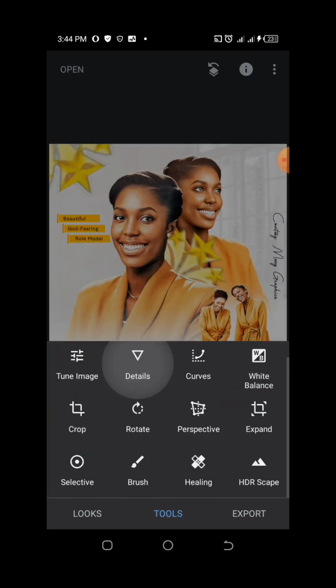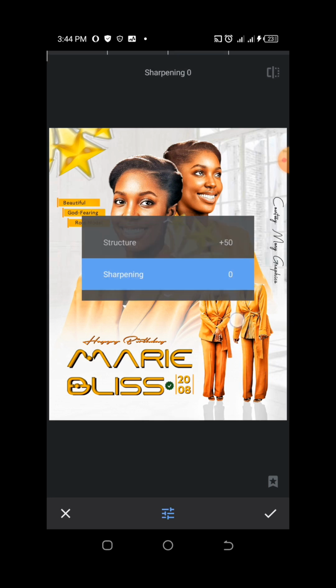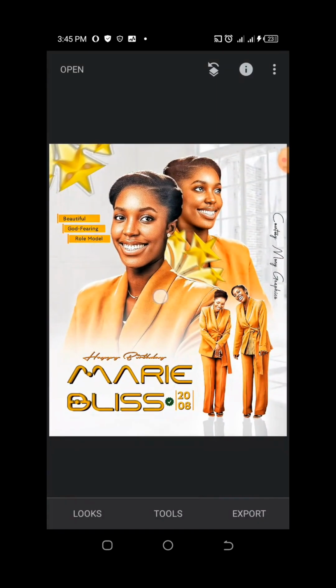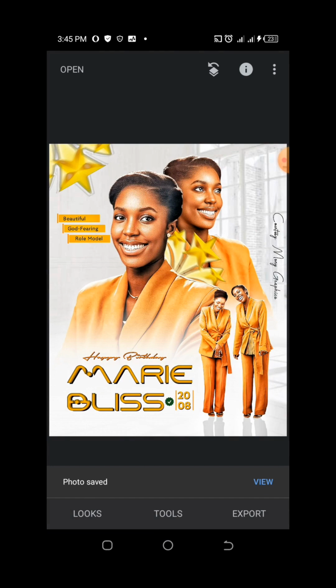So these details, then you increase the structure. I will leave about 50 so that the effect is not too much on the flyer. Then slide on your screen, increase the sharpening to about 50 likewise. Check it when done. You could see the difference in the before and the after. So then you export when done. After exporting,